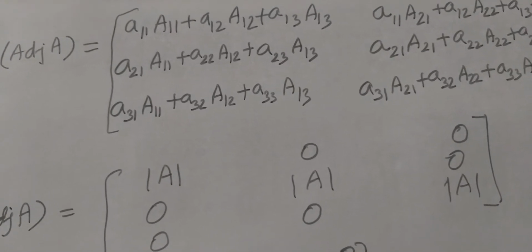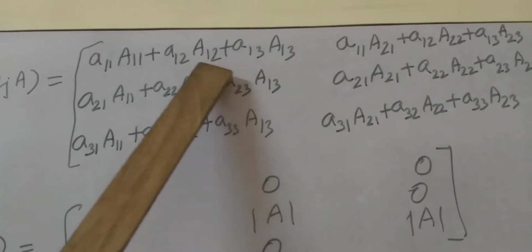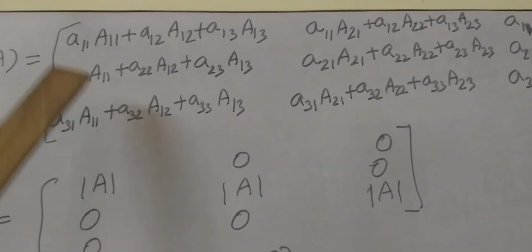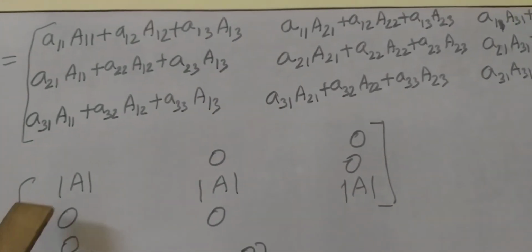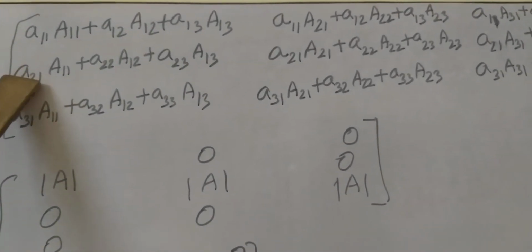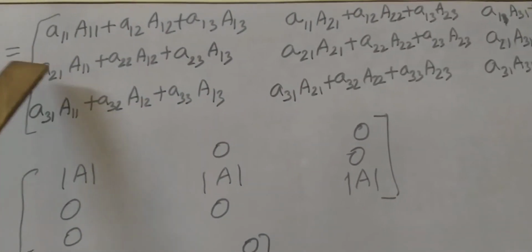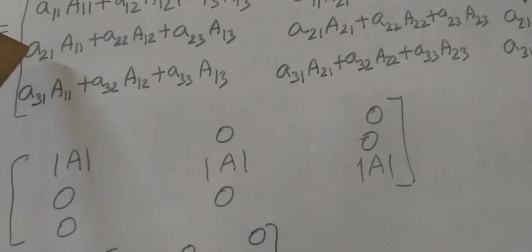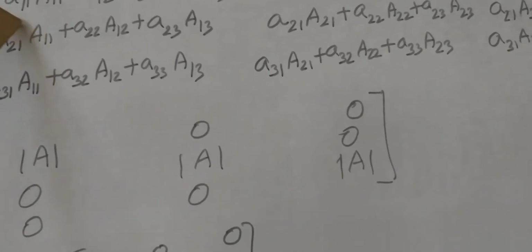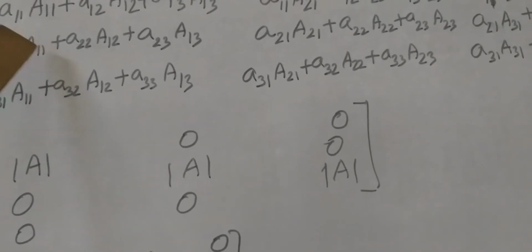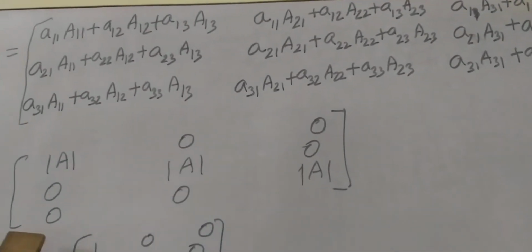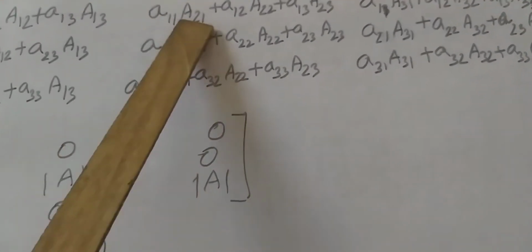Okay, the sum of the products of the elements with their cofactors gives us the determinant, students. So that's why at this place we can write a determinant. Students, in this you can see A21 multiplied by A11. Here an element is multiplied by the cofactor of another row or column, then its result is 0. Similarly here also, result 0. This also, result 0.